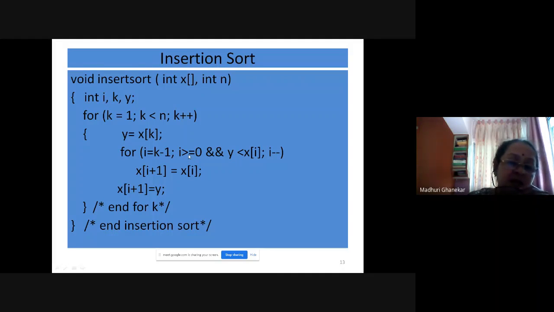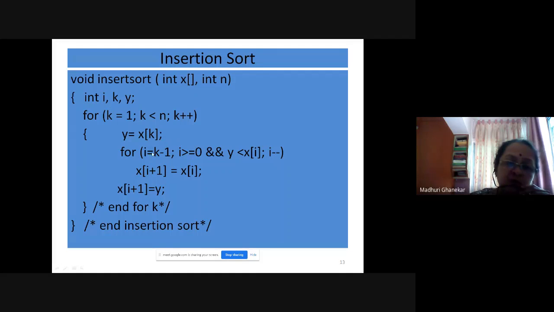I greater than or equal to 0 is true, so this will not fail, but this condition will fail: y less than x i. The temporary value you have stored is not smaller than x i, it is already bigger, so it won't enter inside this loop.